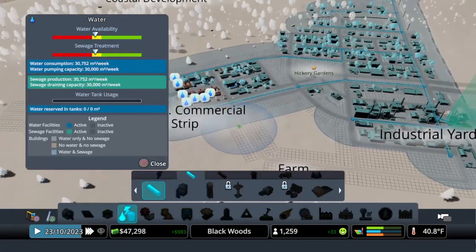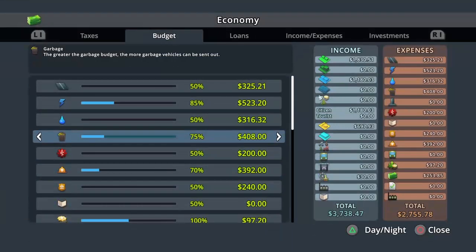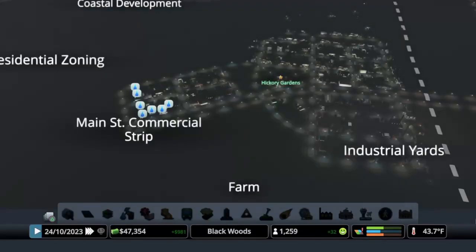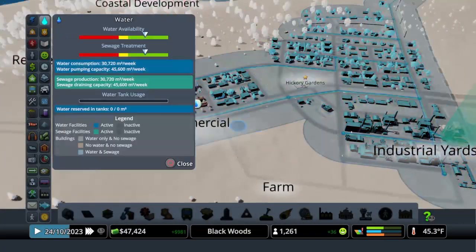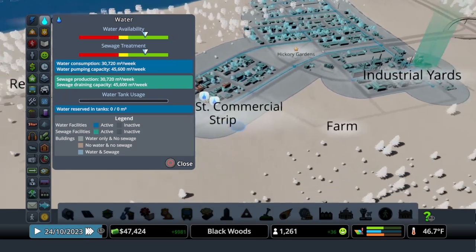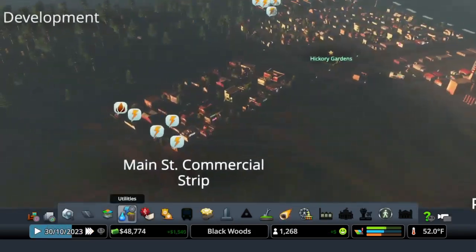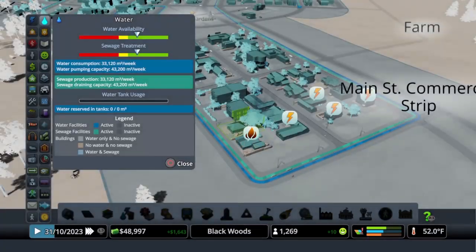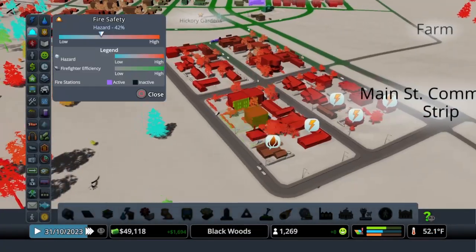Uh-oh, is that a water shortage? It is. So we need to bring the water budget up finally. That should do that. Ooh, we've got a fire way out here. So this could be a test for our fire guys, but I think...